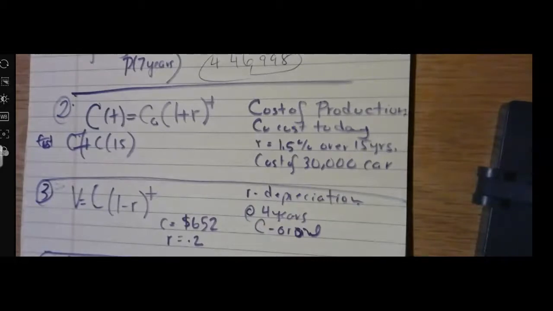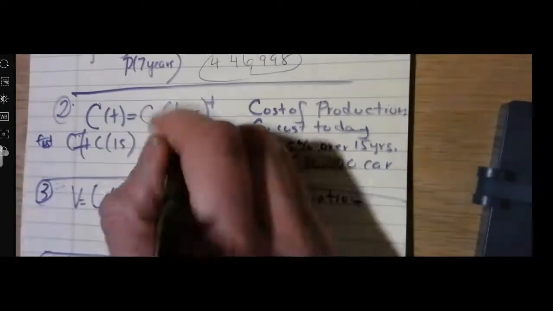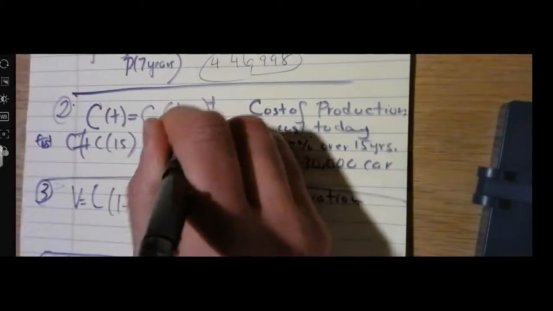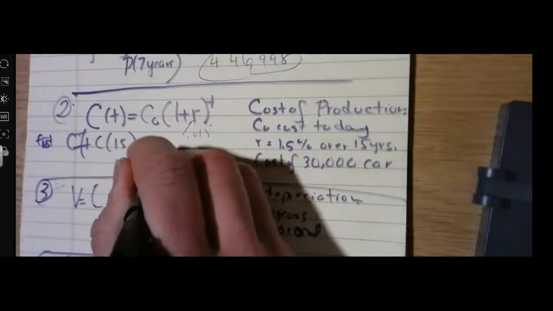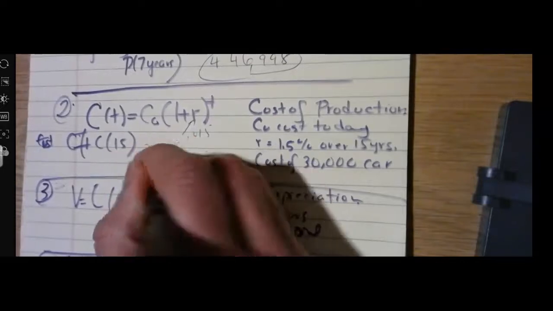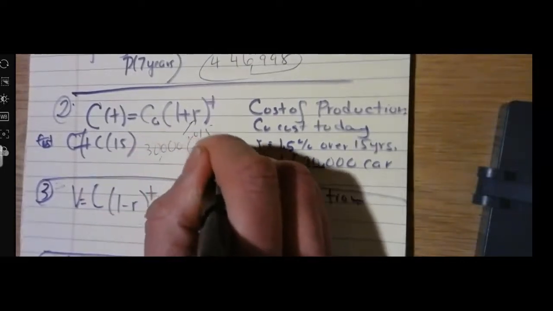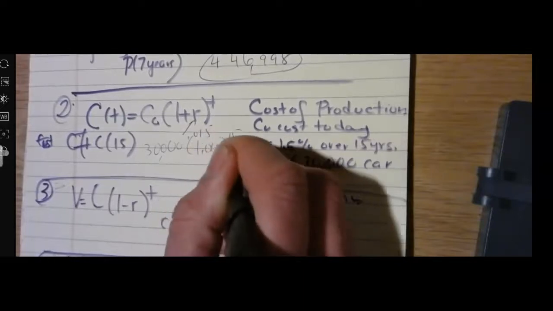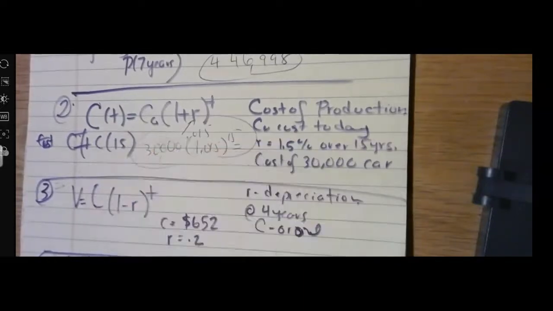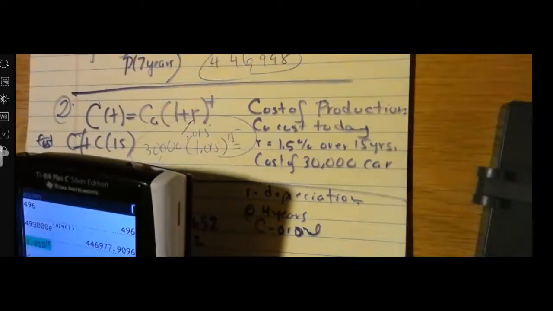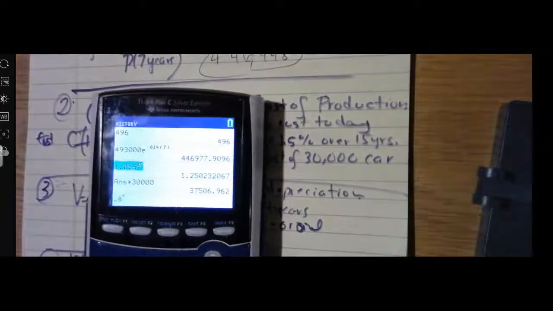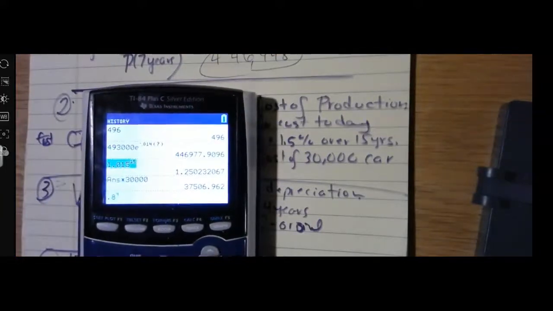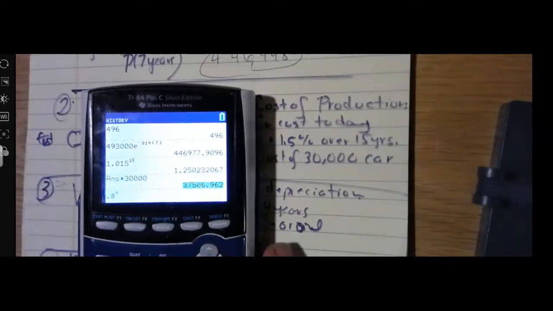So what we do here is we put in 0.015 as a decimal here because they gave that to us. So we're going to have 30,000 times 1.015, and we raise that to the 15th power, okay? And we calculate that on our calculator right there. 1.015 to the 15th power, we get 1.25, and then we multiply that times 30,000, and we get